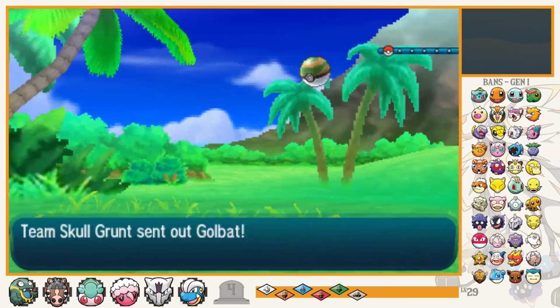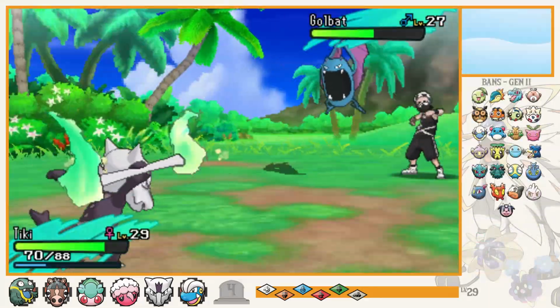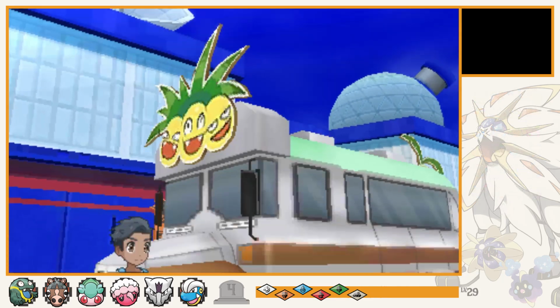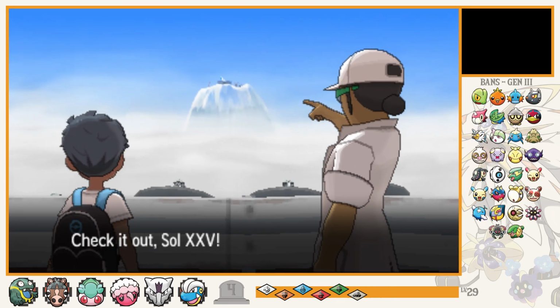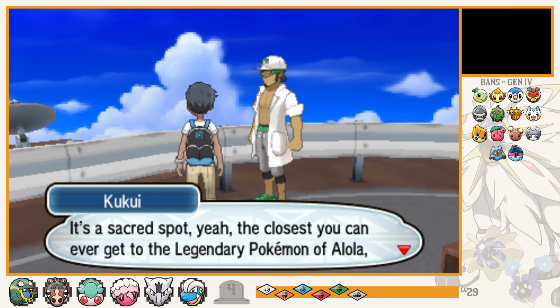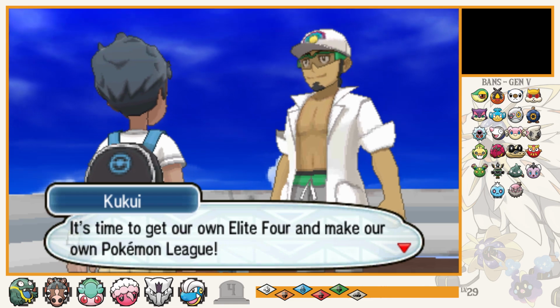The grunts continue to get easier for our squad to handle, with Tiki taking on Grunt A's Golbat, and Lore defeating Grunt B's Alolan Raticate. From here, it's a straight shot to Mount Hokulani, the site of our next trial. Professor Kukui unveils a secret he's been keeping all this time at the summit, showing Mount Lanakila and the Pokemon League they're constructing there. Once we finish our island challenge, we can cap it off with a run to become